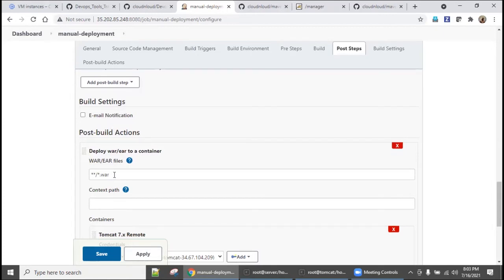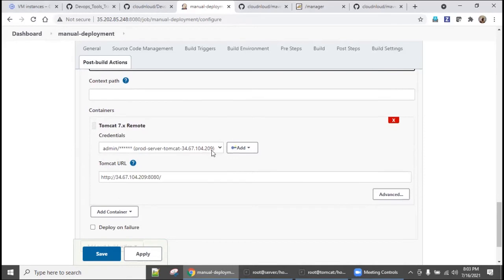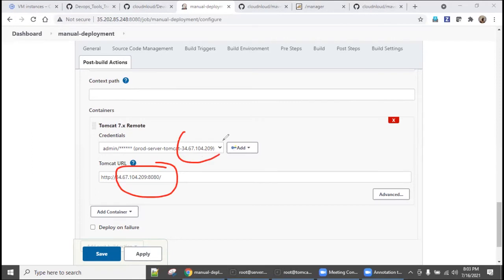So now I want you to take the code, compile the code, build the code, and you are creating a lot of files. But I need to pick up the war file only. Take it and connect to this machine using this password. Go to the manager portal and then deploy the picked up war file to here, right? So the moment it is deployed, I can access it from anywhere because it's running as a web application.